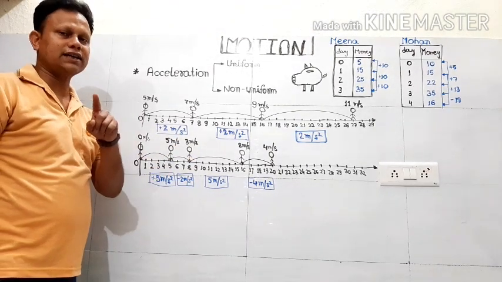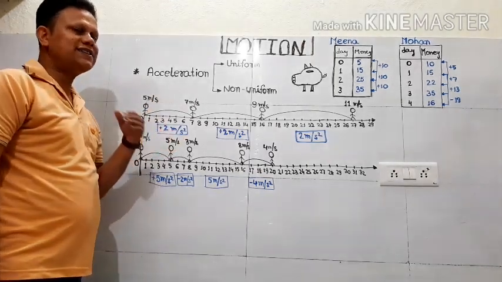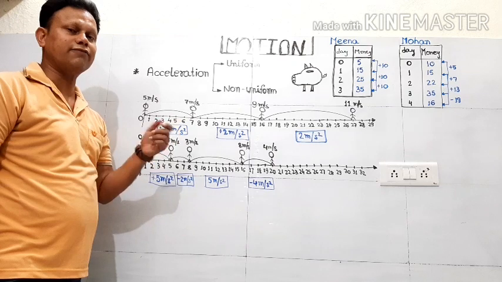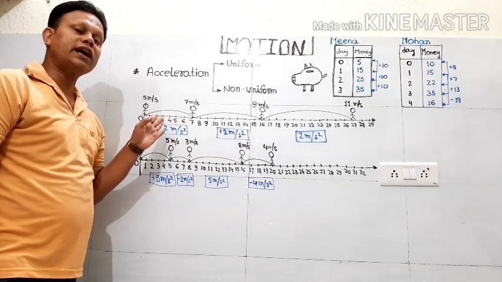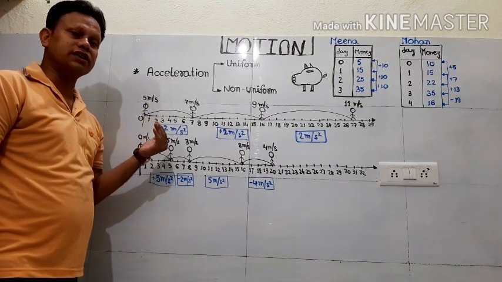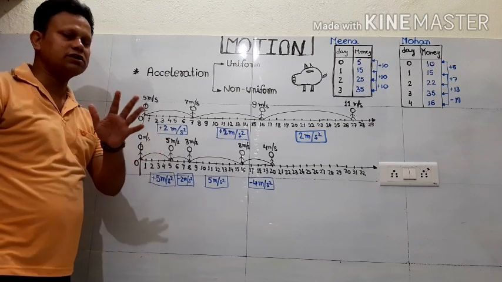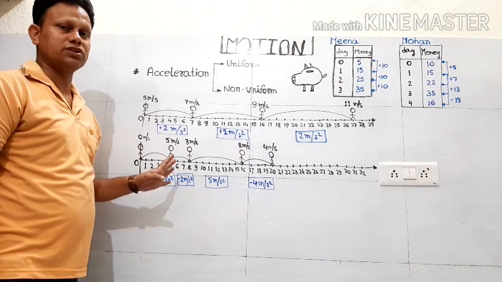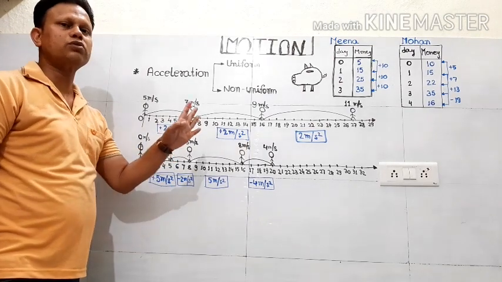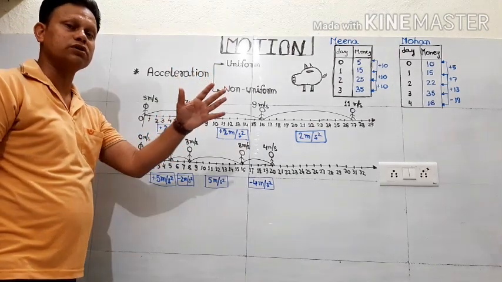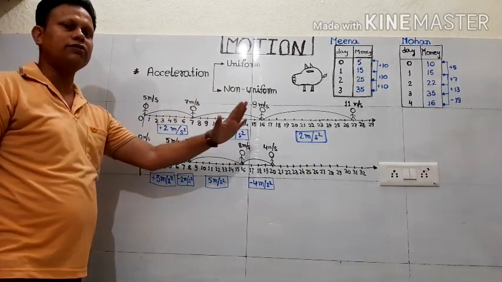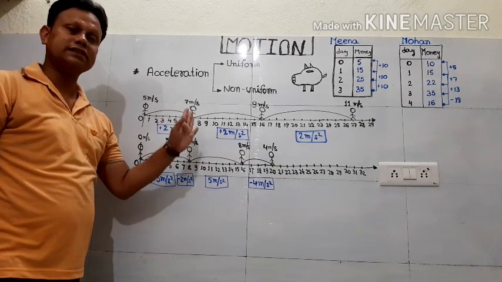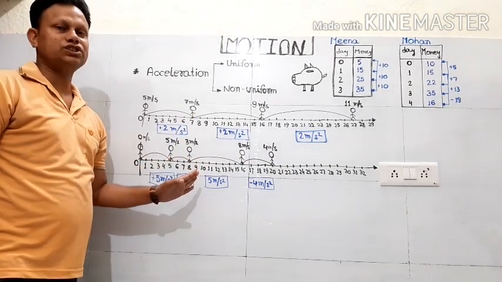And one thing at last I want to say: unless we see the motion of any object for a longer period of time, we cannot decide what kind of acceleration is there. In 1 second you cannot decide whether it is a uniform or non-uniform acceleration situation. We have to observe for 2, 3 or 4 seconds and afterward also, so that we can come to know that the rate of change of magnitude of velocity is fixed here and here it is changing.